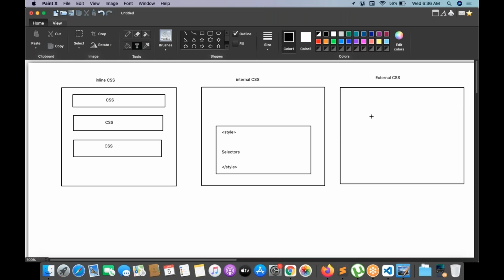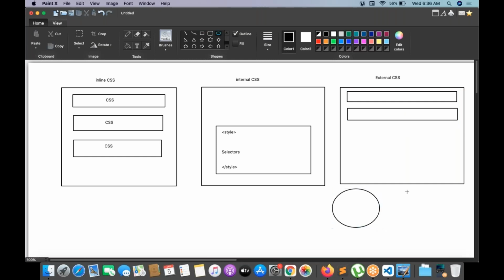This is internal CSS. External CSS is nothing but you will have a lot of elements inside, but for all these elements we write the CSS separately. That CSS file will be a separate file, and this file is going to be integrated into the HTML using the link tag. Okay, so this is a diagrammatic representation of inline CSS, internal CSS, external CSS.